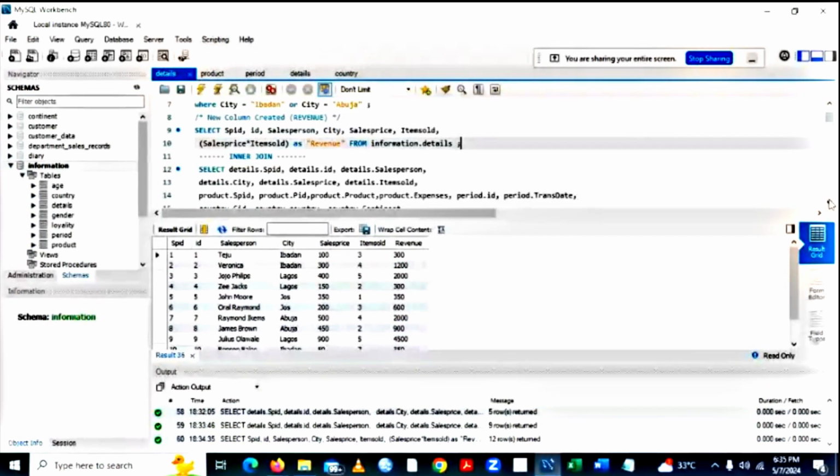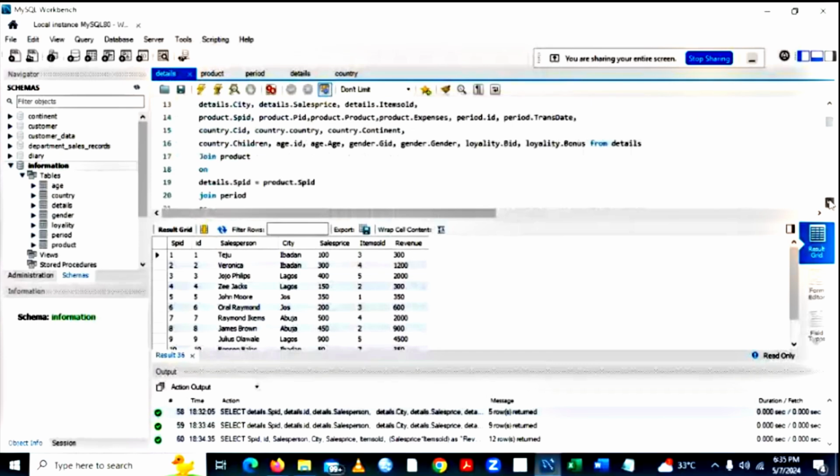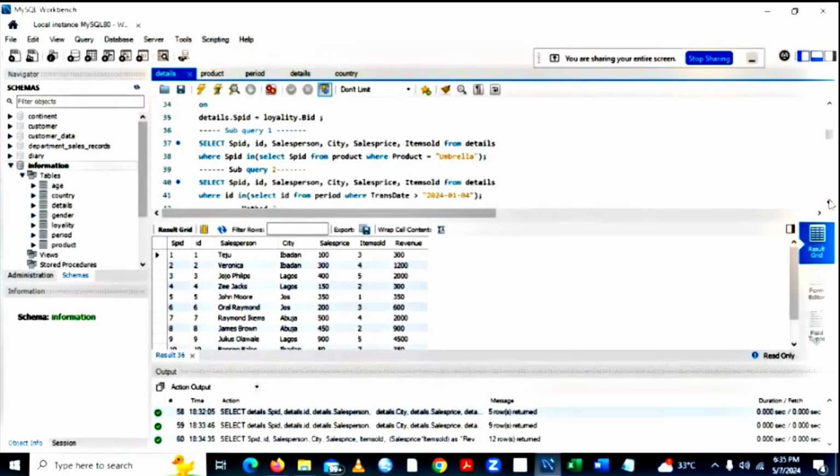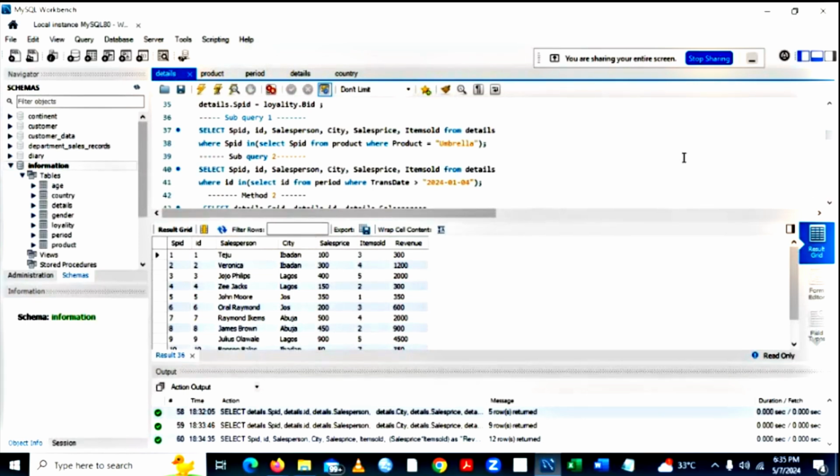So I'm done with my SQL, I'm done with my query now. So my boss can come and check everything one after the other, and then see for himself where he wants to see insights and make informed decisions based on what I have just carried out,